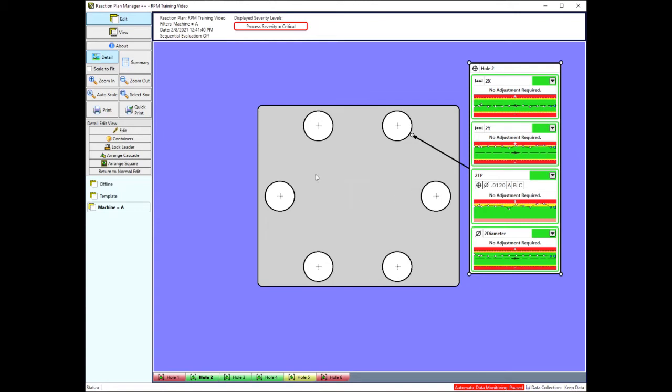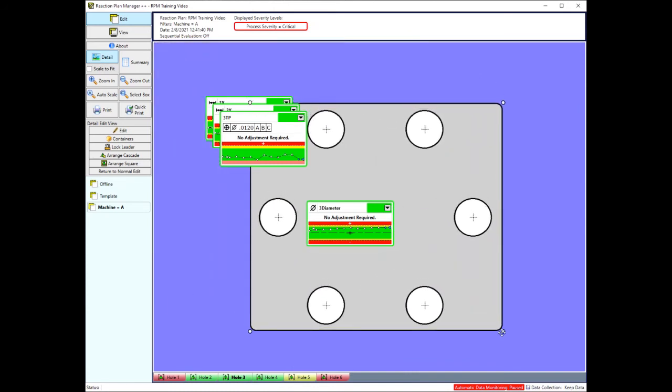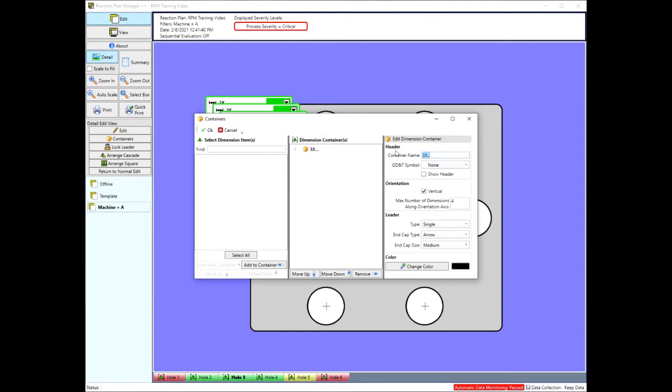Now there are different ways of designing your containers. Let's go to hole 3, and for hole 3 I'm going to set up the container so that it's a horizontal container. This particular feature here is hole 3. So I'll click on the containers button for hole 3, select all of them, insert a new container, change the name to hole 3,